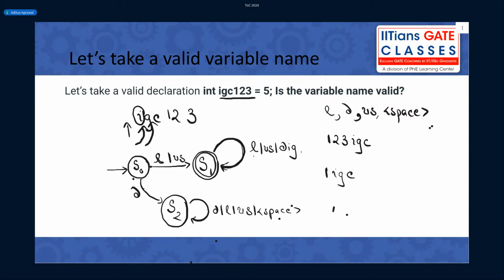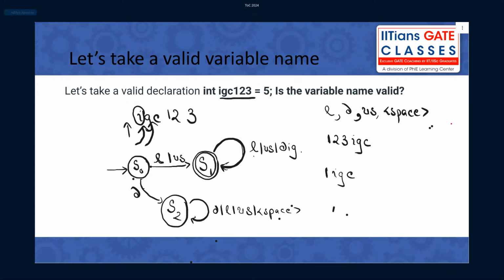Now, this is the final, simplified finite state machine that will accept any string which follows those restrictions. Okay.